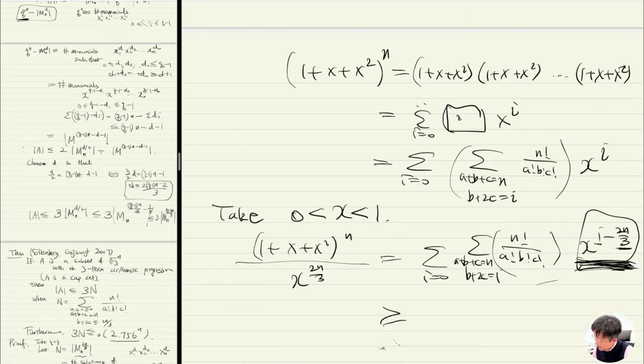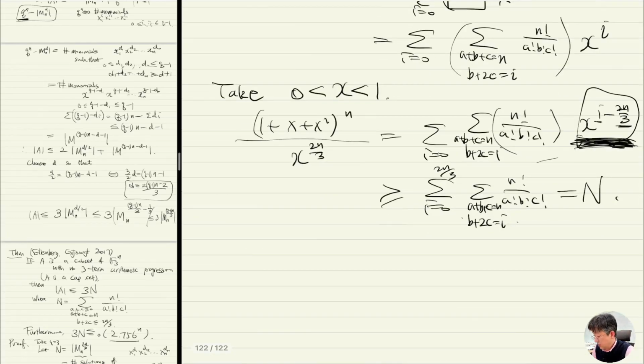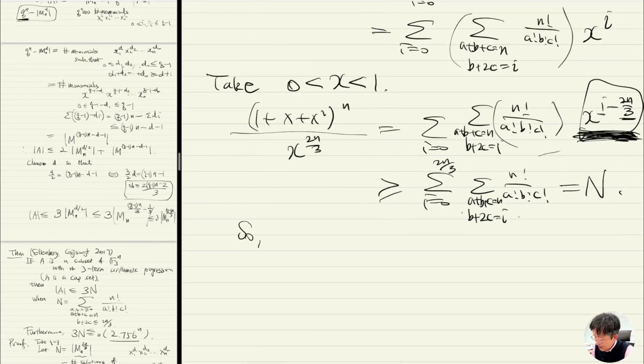If I is less than 2n/3, I will replace this by 1 because x to the some negative something is going to be bigger than 1. So this whole thing will be bigger than n, right? Is it clear? So this is the sum from I equals 0 to 2n/3 of n factorial over a factorial, b factorial, c factorial, where a plus b plus c is n, and b plus 2c is I, and this is bounded by the whole sum. All right, so now we have an upper bound. So n is less than or equal to